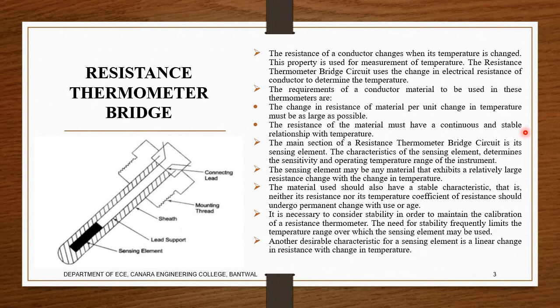So what will happen? A certain change in the value of the resistance will occur, and it should be reasonably large, though not as large as possible. If it is only 0.1 or 0.2 for 1 degree Celsius, that doesn't work well, because there might be some noise in reading those values. So all these factors will be considered here.